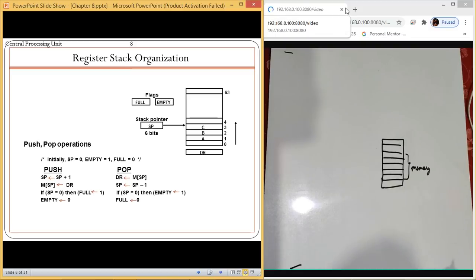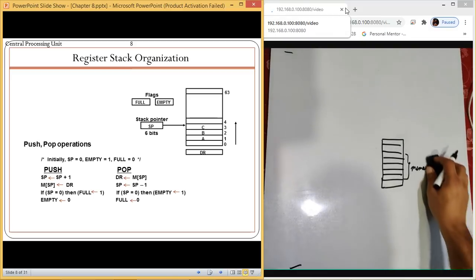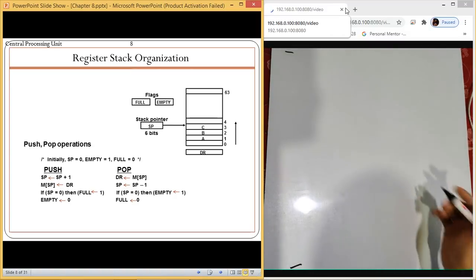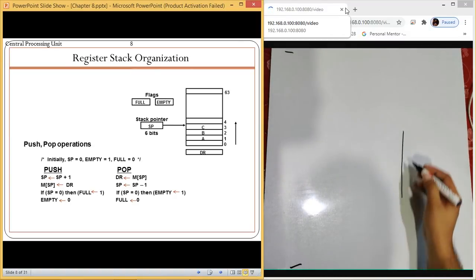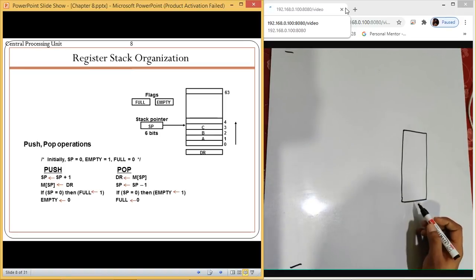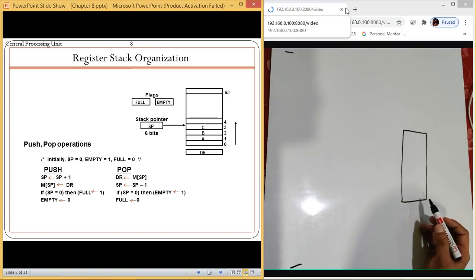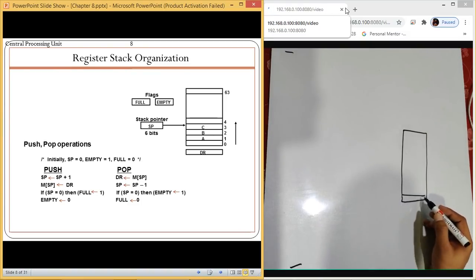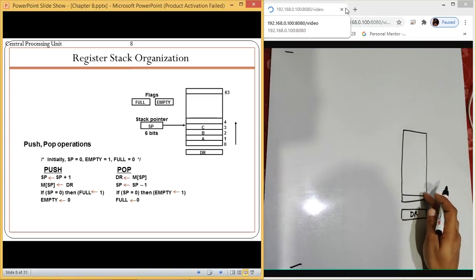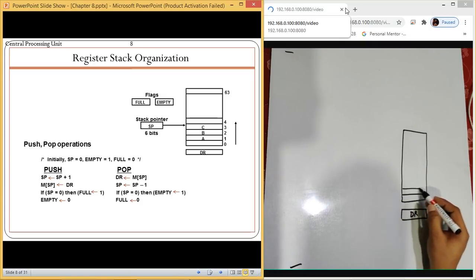So first of all, we have the register stack organization. In register stack organization, we have a storage which is constructed by using registers. So we have different registers. One register is DR, that is a data register, and the other registers are general purpose registers which we are using to create a stack.